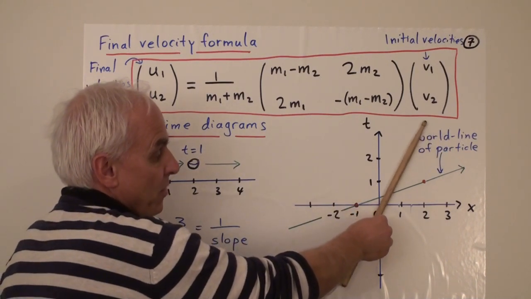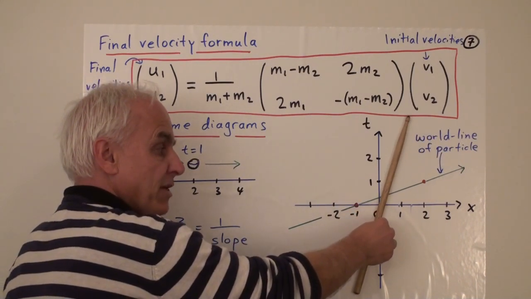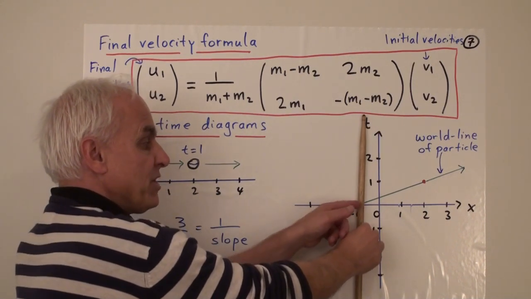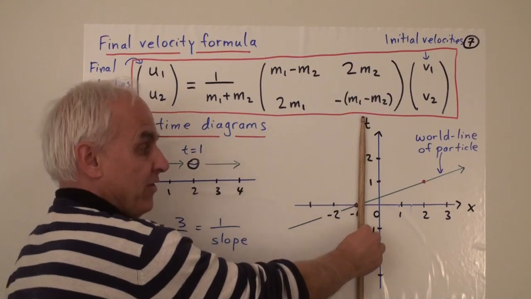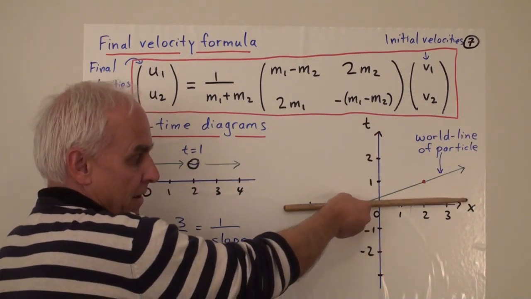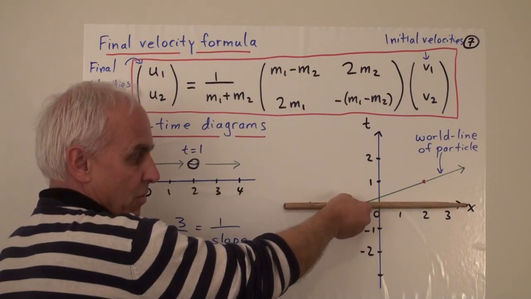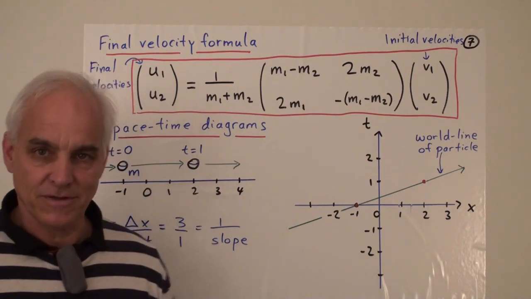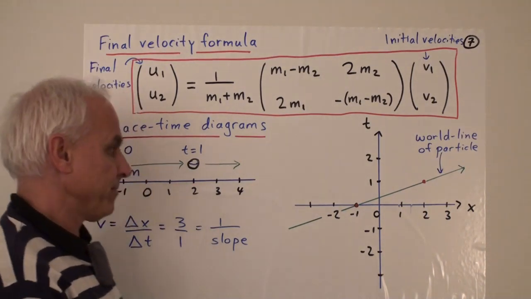The more the line is like this, the slower the velocity is. In an extreme case like a line like this, the position's not moving at all, so the velocity is in fact 0. And in the extreme case when this thing would be horizontal, that would correspond to instantaneous or infinite velocity, which of course is not achievable.